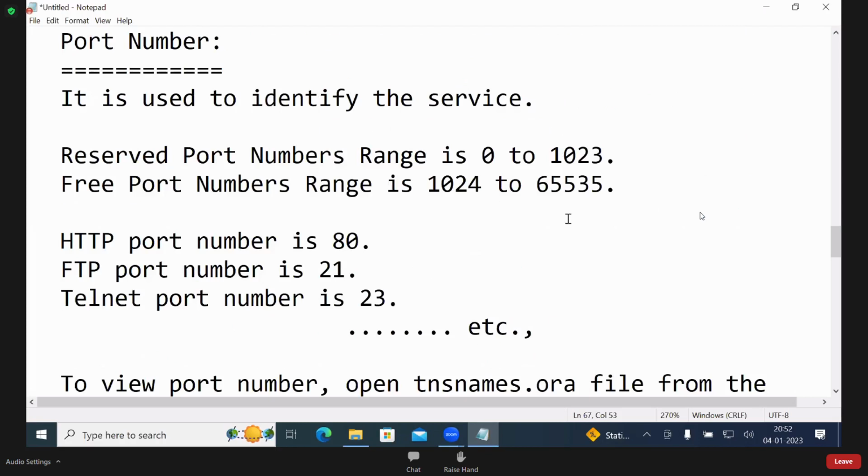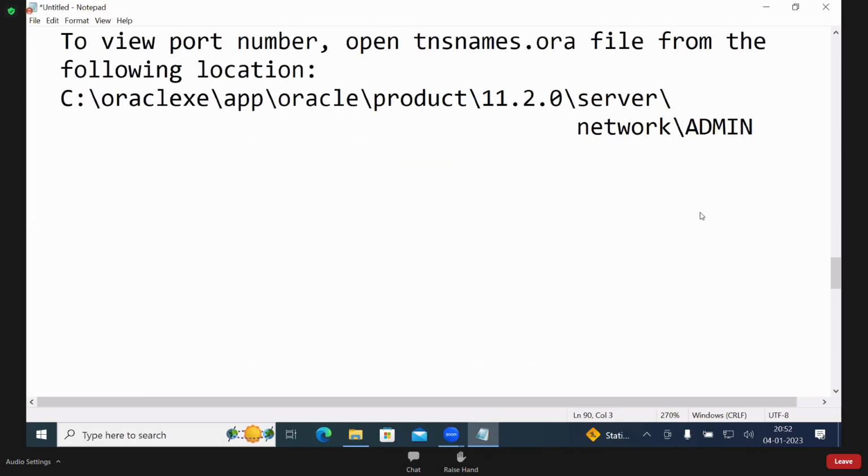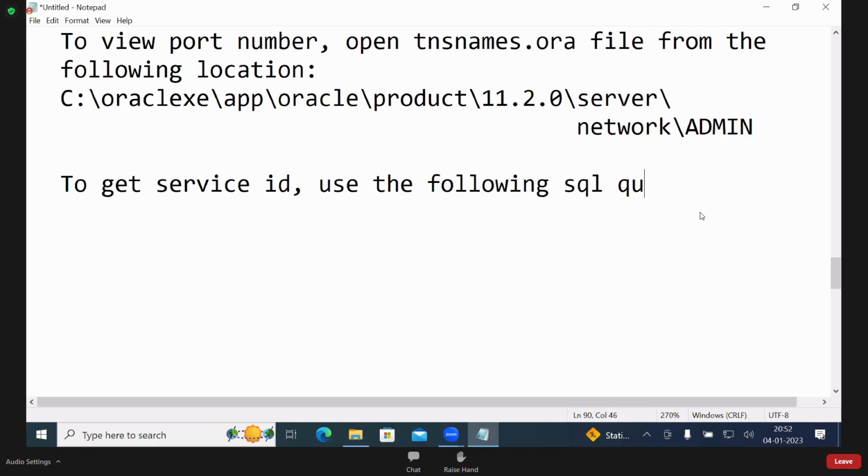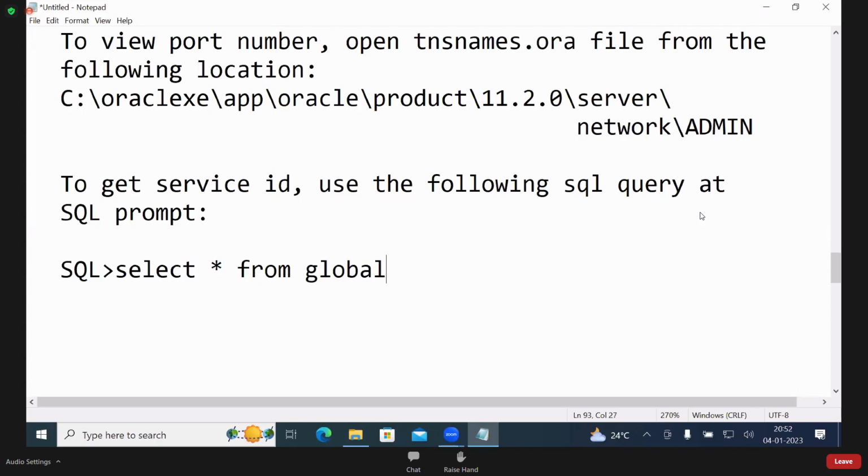Service ID. Next. To get the service ID, use the following SQL query at the SQL prompt. Select star from global_name.